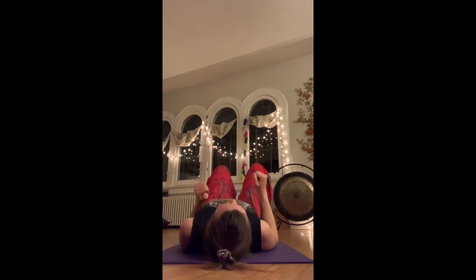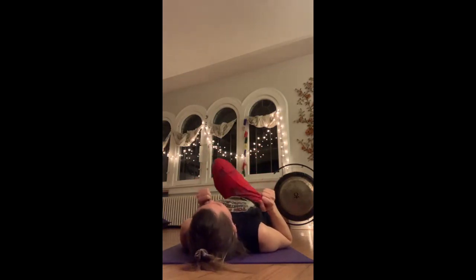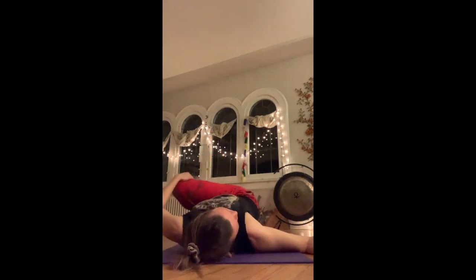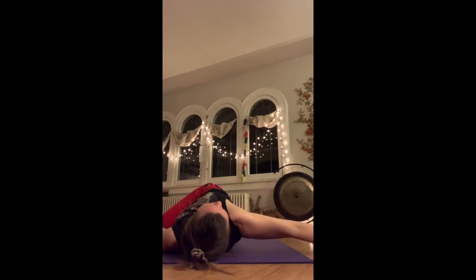Okay, bring your feet on the floor, knees bent. Lift your hips up and set them over to the right and set them down. Extend your left leg straight out. Bring the right foot up to the top of your left thigh. With this left hand, now bring the knee over to your left and you're twisting to your right. Beautiful. Now inhale,